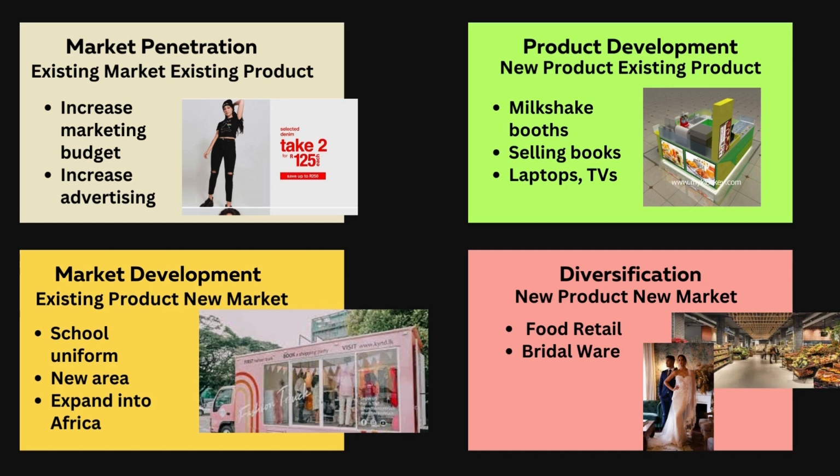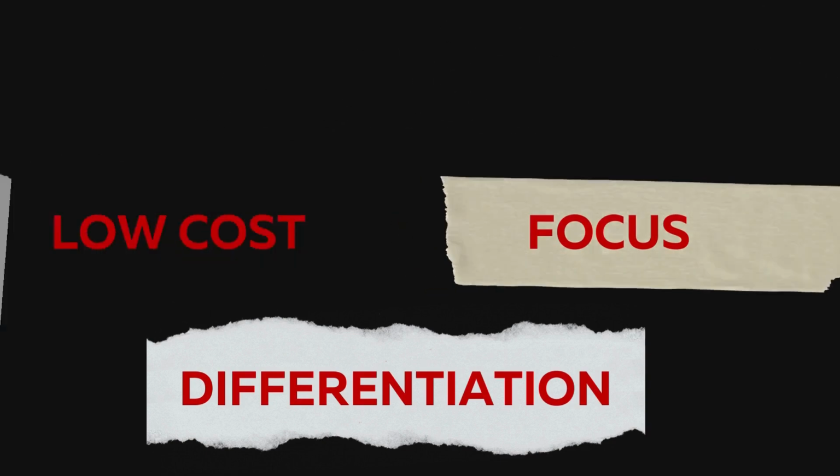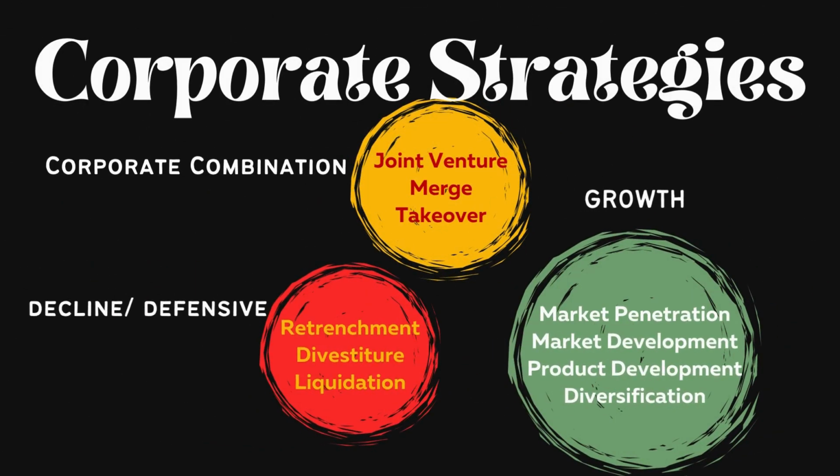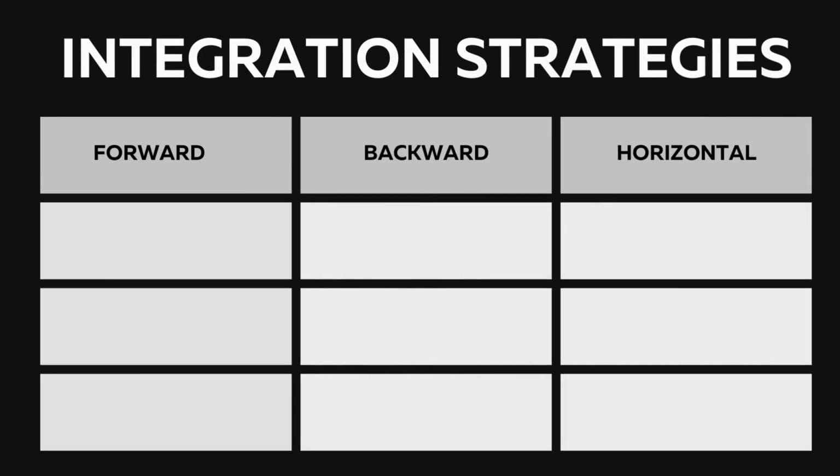Okay, so that is your corporate strategy. Grade 11s, grade 12s. Let's just quickly recap. There are 3 main types of strategies. Generic, the 3 headings under generic is low cost, focus or niche, differentiation. Then you have your corporate strategies, corporate combination, decline defensive, and your growth. And the next strategy that we're going to be going into is integration strategies. And IEB loves to ask